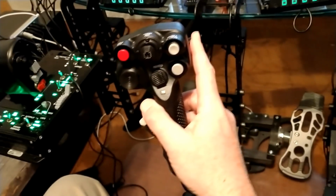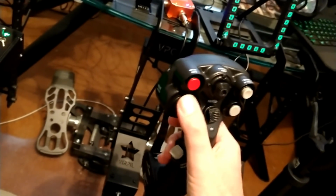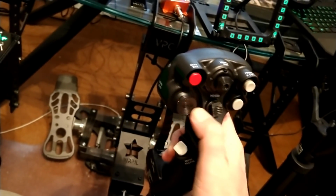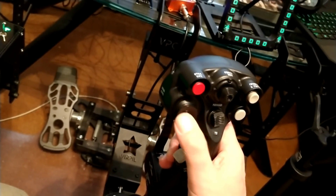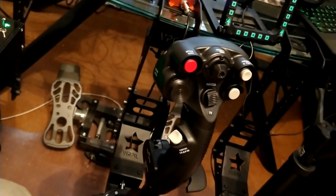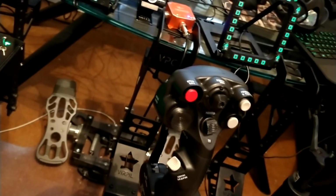The four-way and the push, very nice. This one that's like your CMS on the Warthog also works great. This analog here, I haven't used it much as an analog yet, I must admit, because I actually use the nub on the Warthog throttle most of the time, so it hasn't really come into play a lot, and because it's got the CMS equivalent down here, it's not really been a factor. So yeah, I like the stick top,